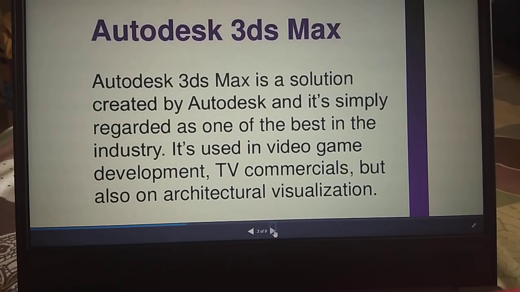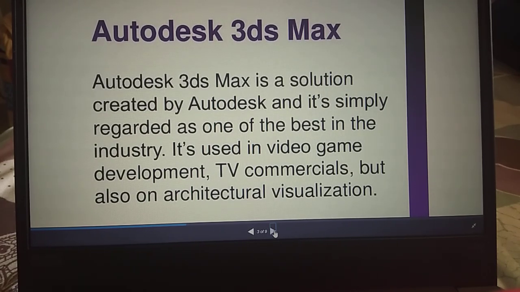First is Autodesk 3D Max. Originally it was called 3D Studio Max. 3D Max is used in many industries that utilize 3D graphics. It is used in the video game industry for developing models and creating cinematics, cutscenes, etc. It is used in architectural visualization because it is highly compatible with AutoCAD, also developed by Autodesk. 3D Max is available for Windows.